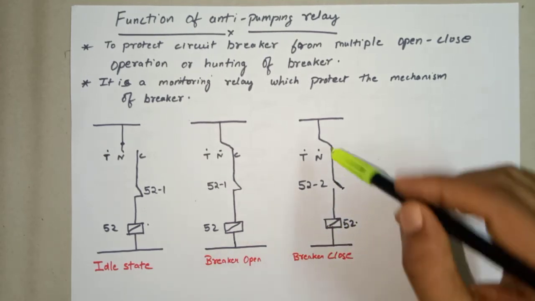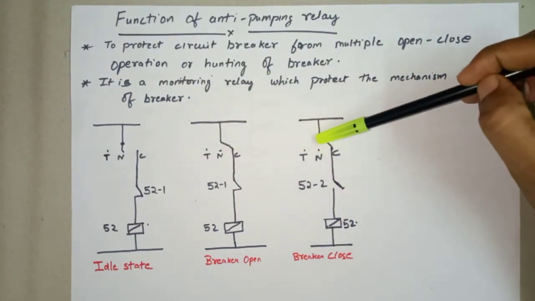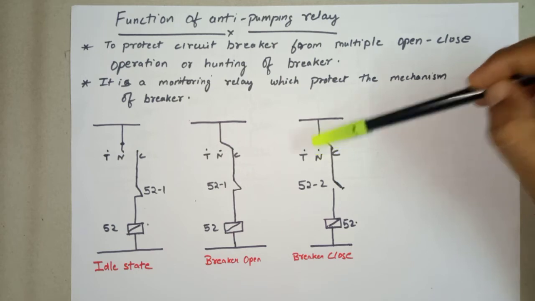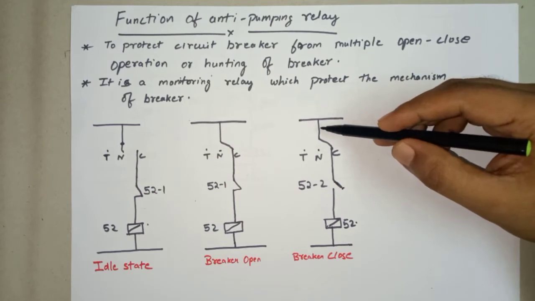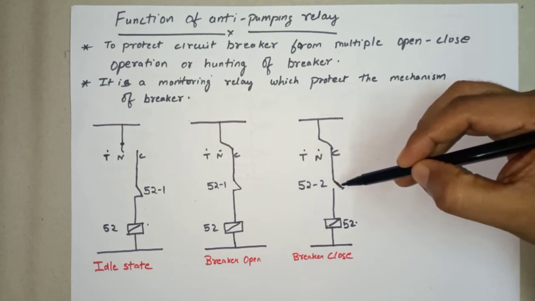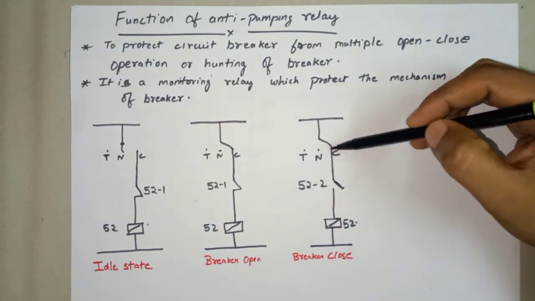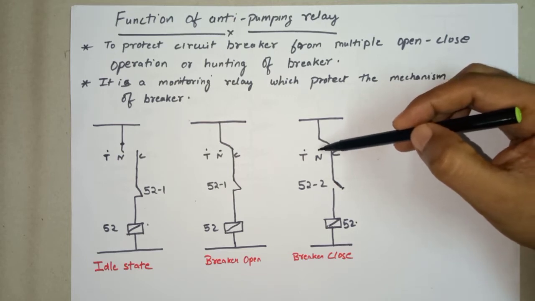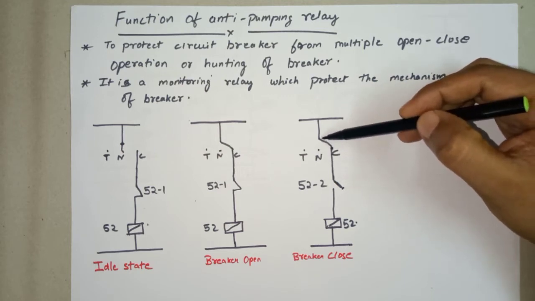What happens now whenever we operate a TNC switch? Whenever we operate a TNC switch, we move the switch to close. It must automatically come back to the neutral position. But what will happen if there is a failure in the switch and a close command is persisting continuously? So let us see this example. When a close command is issued here, the TNC switch spring mechanism has failed and it fails to come back to the neutral position. So a close command is continuously available in this circuit.